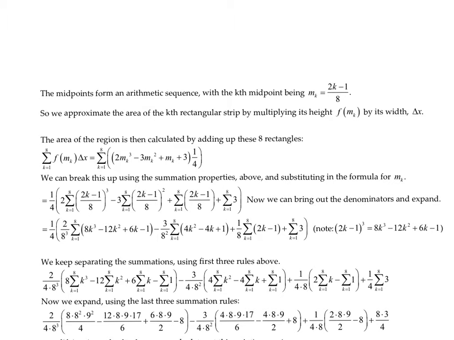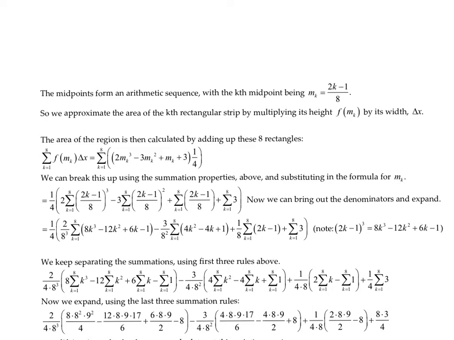I want to note that the midpoints form an arithmetic sequence, with the kth midpoint being given by m sub k is 2k minus 1 over 8. So we can approximate the area of the kth rectangular strip by multiplying its height, which is f of m sub k, by its width, delta x. The area of the region is then calculated by adding up these 8 rectangles. So sum from k equals 1 to 8 of f of m sub k times delta x, which is the sum from